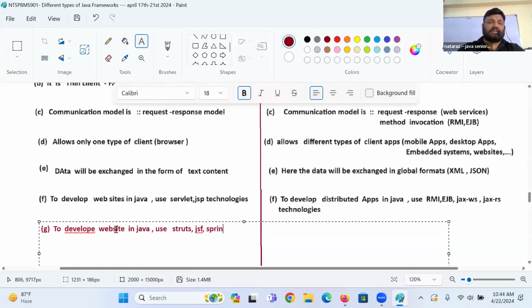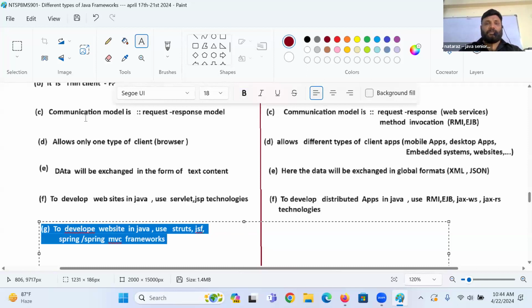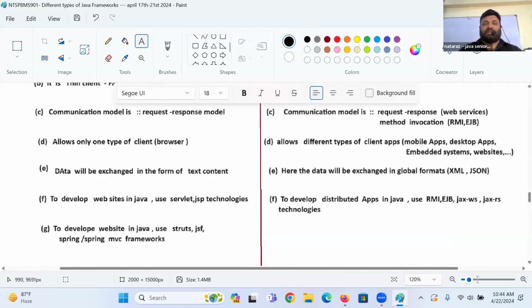Struts, JSF, Spring Boot, MVC frameworks. Spring Boot, MVC frameworks, guys. Yeah, tell me what should I use here? G. Yeah, what are the things I should use, guys?